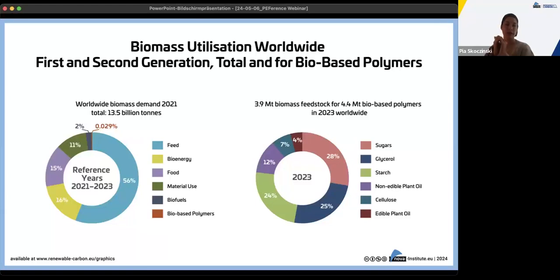2% are going into biofuels, and only 0.029% of this worldwide biomass is used for the production of bio-based polymers. So this reflects 3.9 million tons of biomass feedstocks that are used to produce the already mentioned 4.4 million tons of bio-based polymers. And the share of the 3.9 million tons of biomass feedstocks used